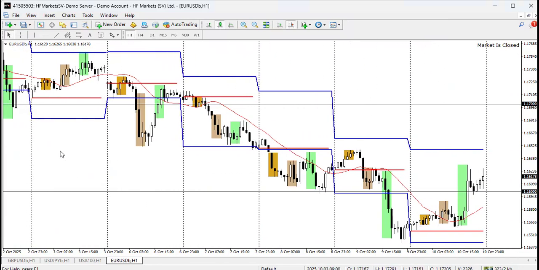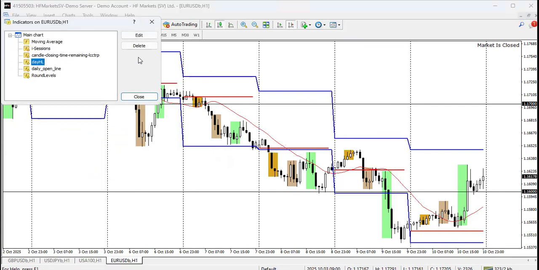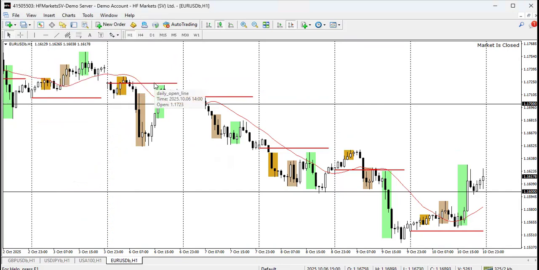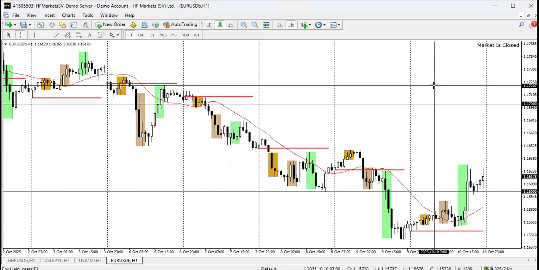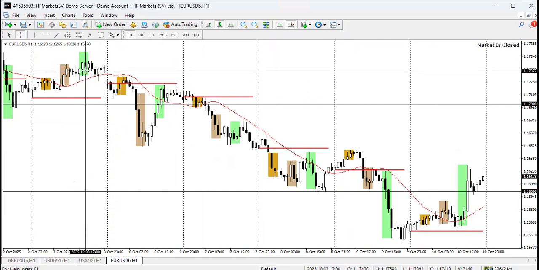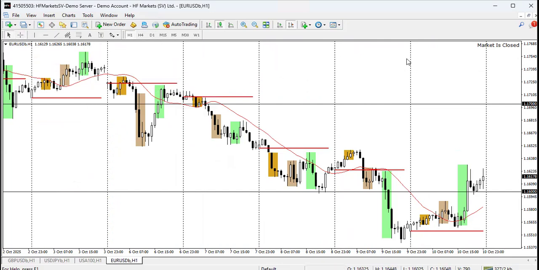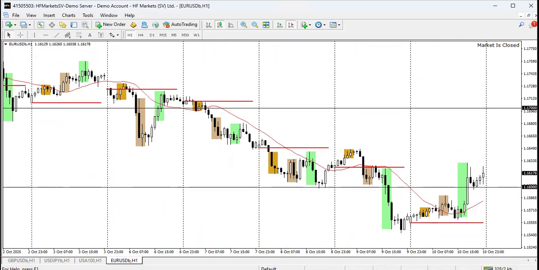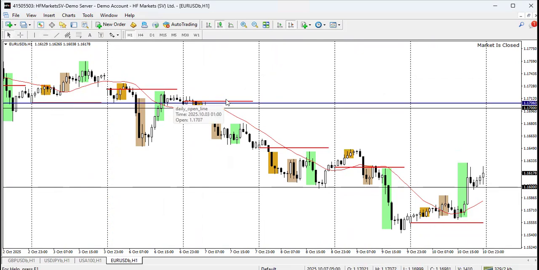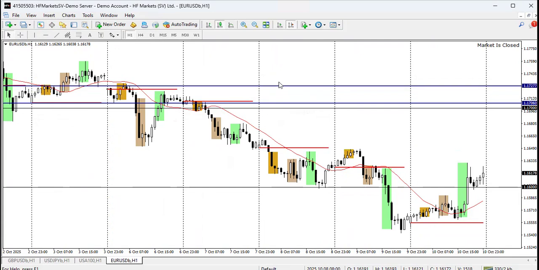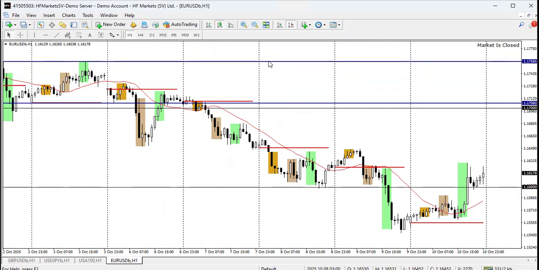The weekly template. Where do things begin? So last week started here. This is the first day of last week. I mean, the last day of the previous week before last week. It gives us the closing range of the week. So this is Friday. Gives us the closing range of the week, and then